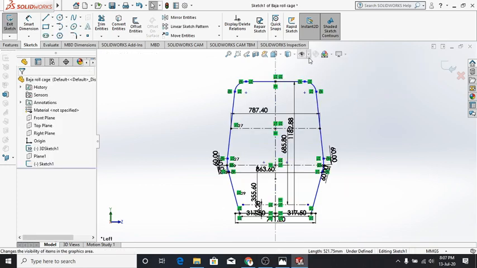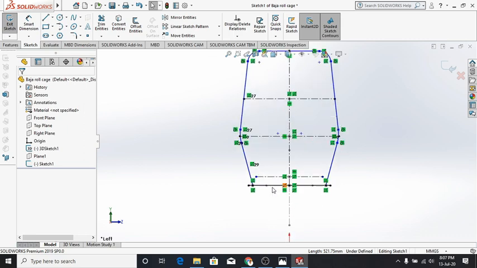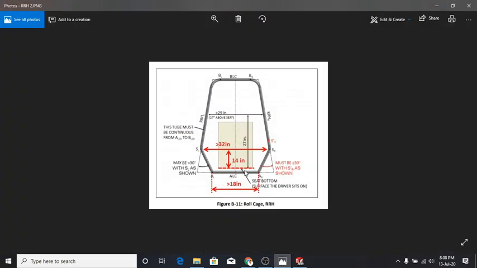The roll cage, the RRH of the roll cage, has been made following all the rules and regulations of SAE Baja India. Here is the ALC, here is the BLC, SL and SR. The seat height that we have taken is 3 inches, and above the seat 14 inches.